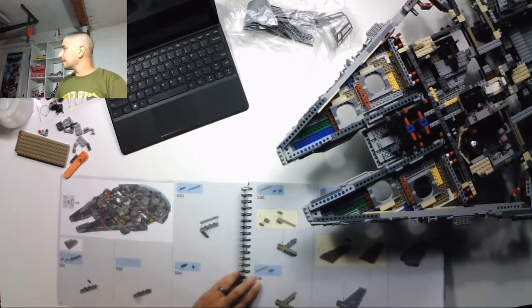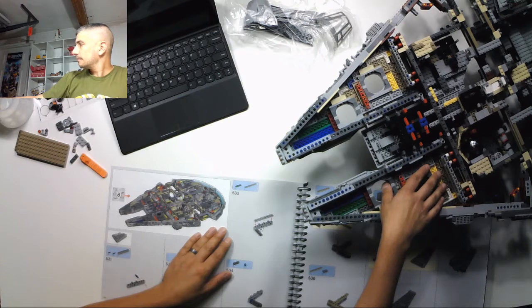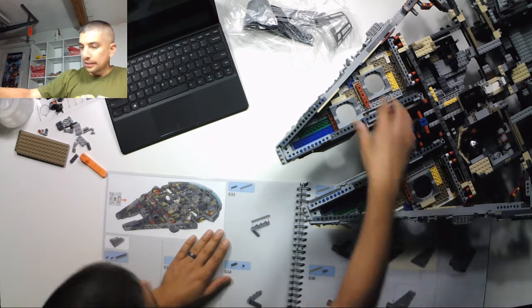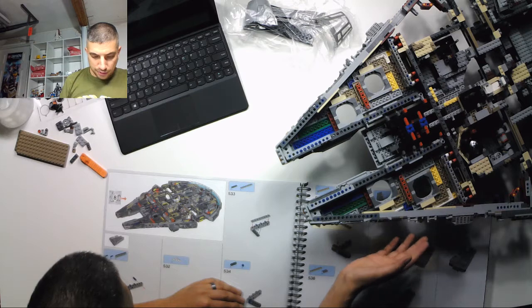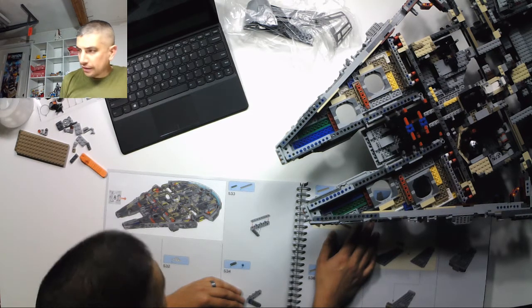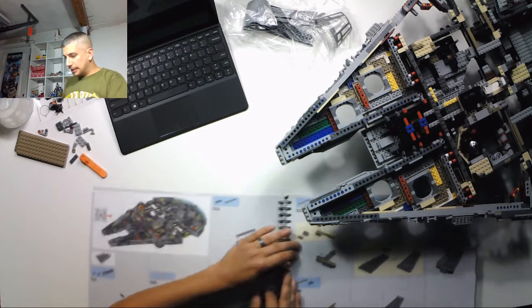Bag 8, on the other hand, looks like we're going to be adding some detail in here above the thrusters. Oh, it's another drawback for having the wing. Yeah, so there's some stuff going in here into the thruster area in bag 8. And it looks like that's about it for bag 8. Some more interior work, not a ton of stuff, but building more to get this thing built